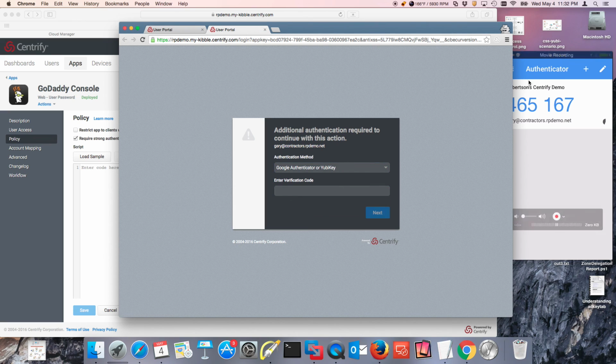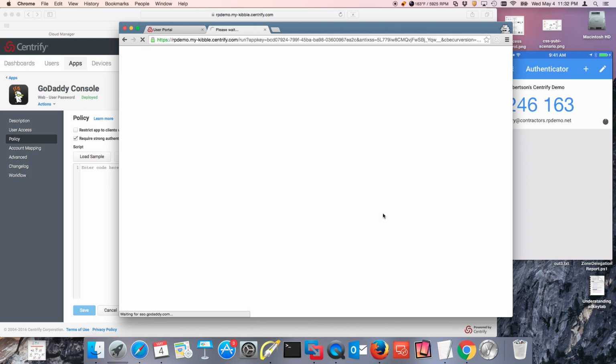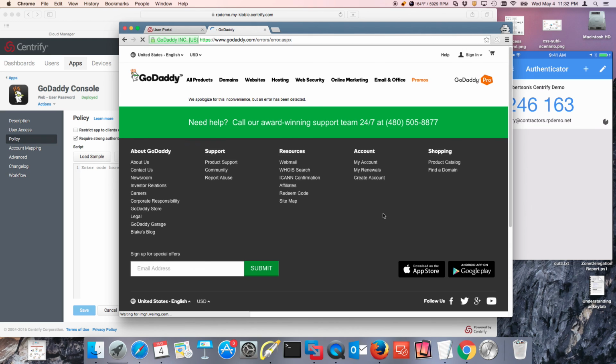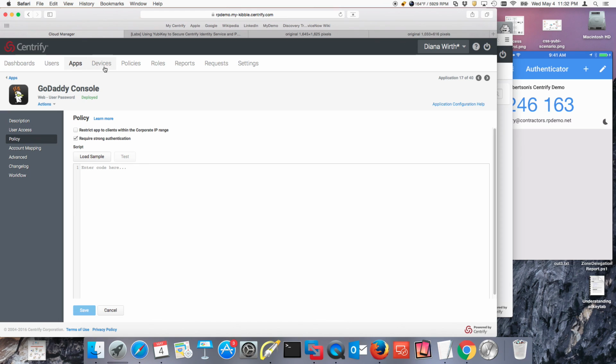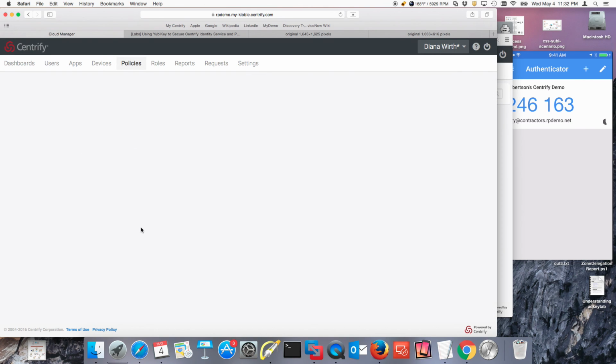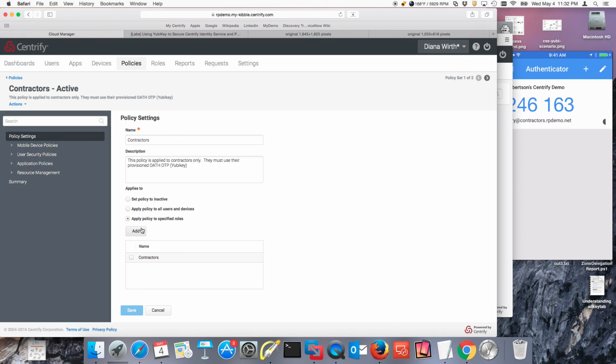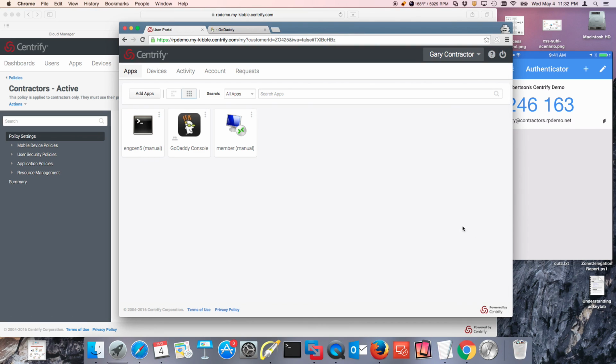So I'm going to repeat this again. I'm going to copy my code, in this case 465167. Notice what's going to happen is they're going to be able to log in with the account that they have ready. So we've proven that not only can we have a policy that only applies to specific populations, but also that we can require strong authentication in the context of accessing the portal